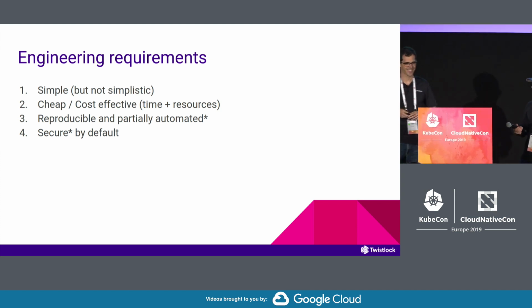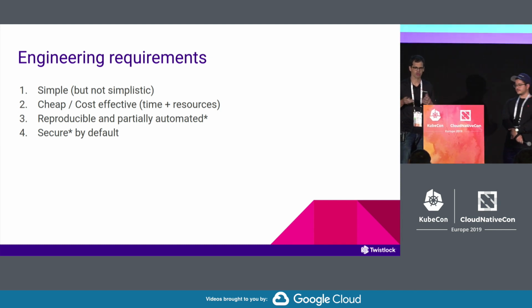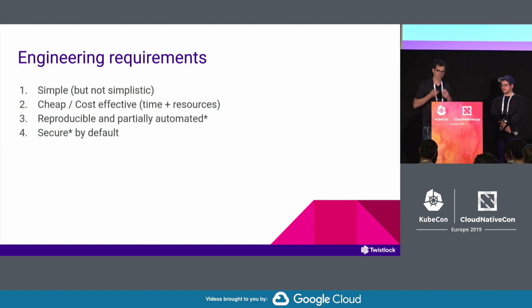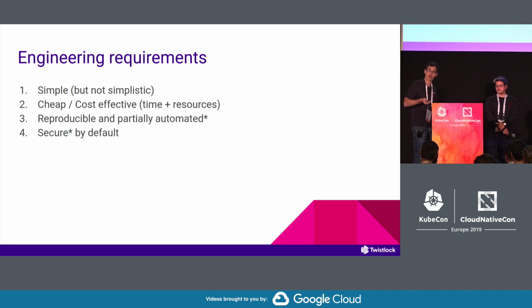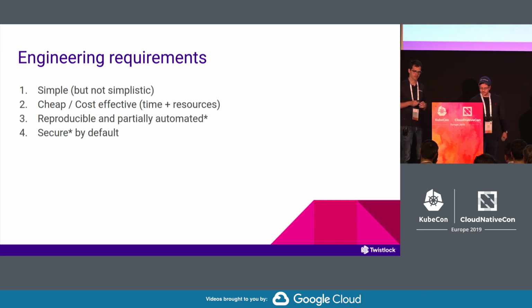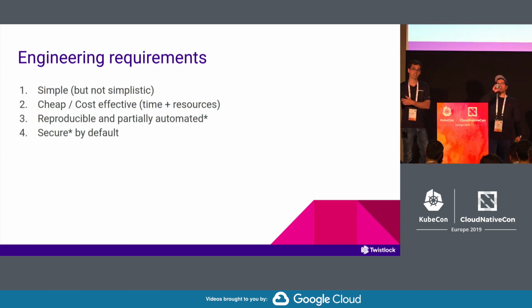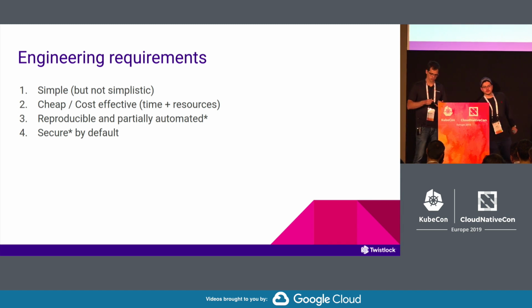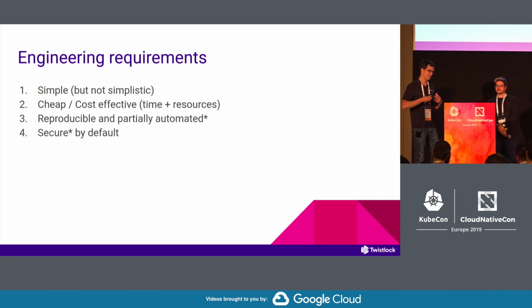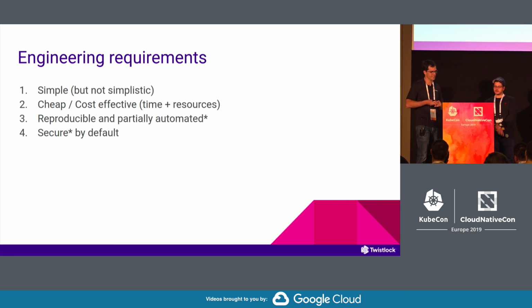Yes, it's good. Okay, so at Twistlock we believe that before rushing to implementation, you need to think about the engineering aspect and the requirements, and they will assist you later when you build the solution. So what are the requirements of building a CTF challenge over Kubernetes? First, you want a solution that is simple. Simple, but not simplistic. Simple means that it's easy to understand, easy to work with, and you don't need to waste a lot of resources and engineering time to build it. Second, we want a solution that is cheap. Remember, we're going to give each participant a pod. A pod costs you memory and CPUs. You want to limit the amount of resources that you use.